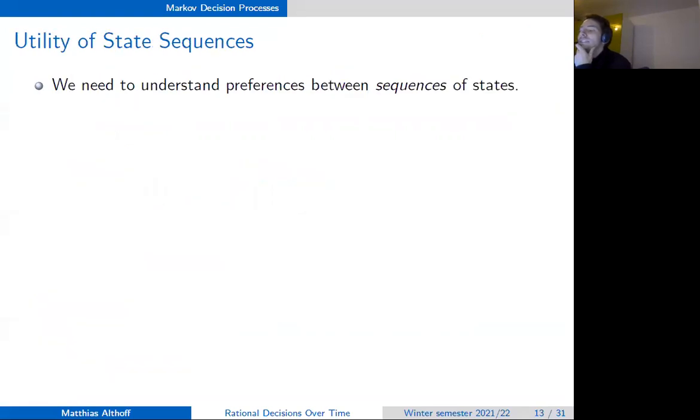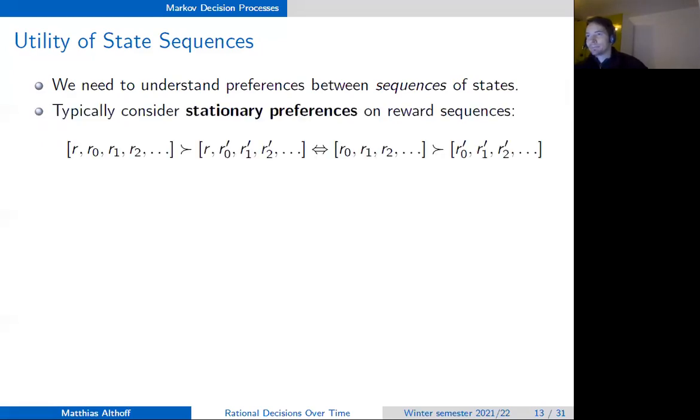So the thing we have to discuss first is, what is the utility of a state sequence? Because we didn't have this problem. We just looked at the utility of a given outcome, but we didn't have a sequence of states in the previous lecture. So first of all, we assume that we have a stationary preference on sequences,